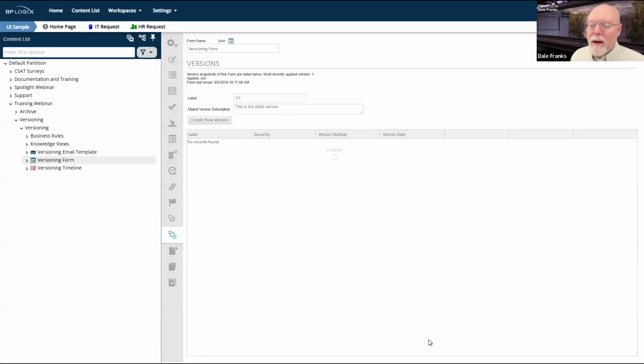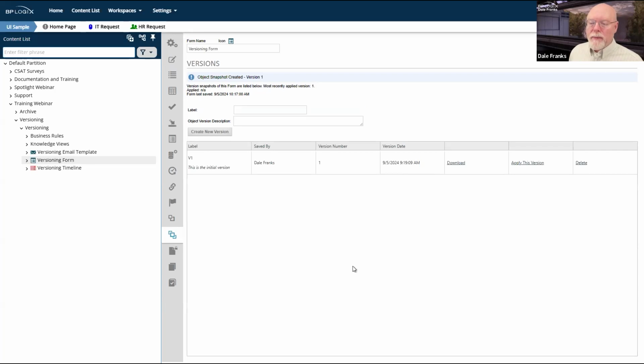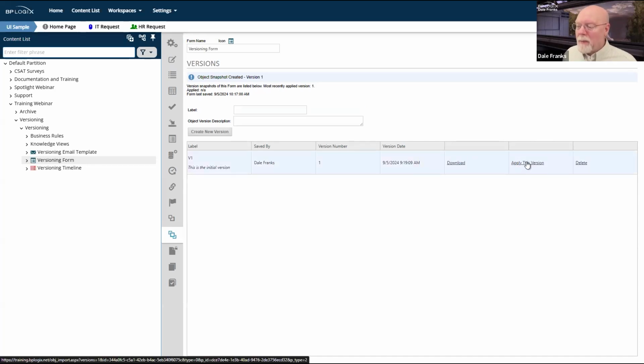And I can click create new version. And now it has created a snapshot of just this form. Well, great. This is now permanent. I can apply this version at any time. Anytime I need to, I have an apply this version.